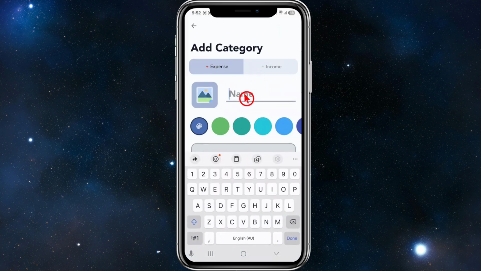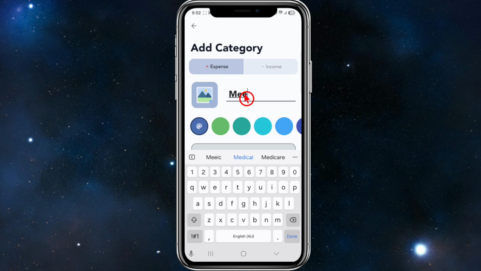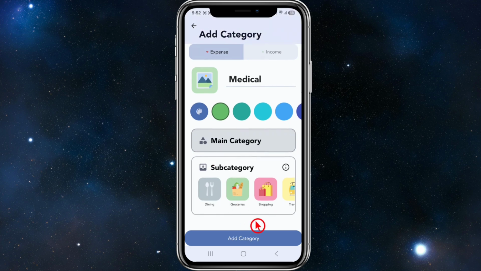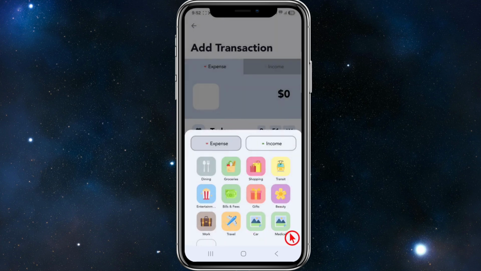Now I'm going to add a category. So I'm just going to call this medical. I can give this a color code if I like. So I might choose green. And from here, I'm going to go ahead and click on add category, and now you can see this category